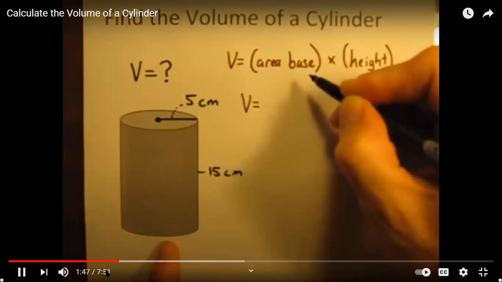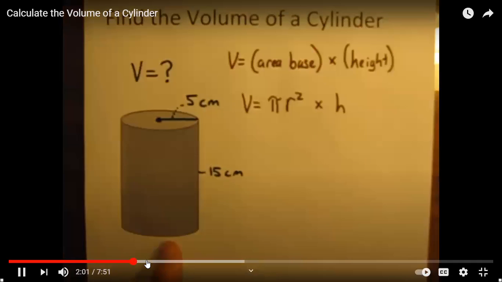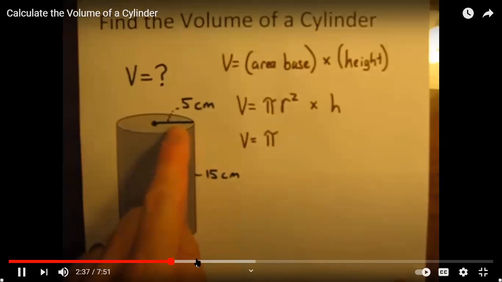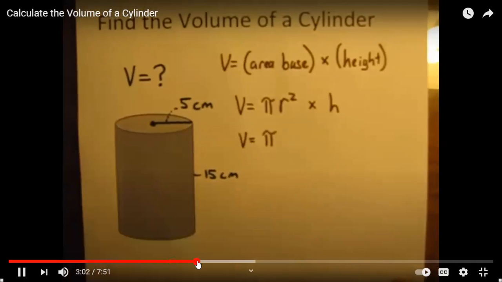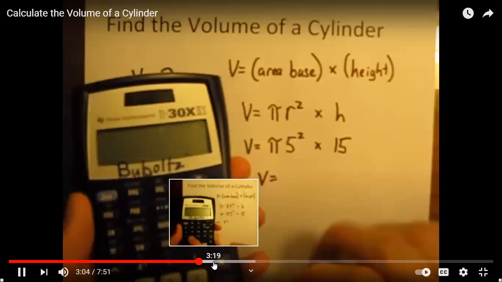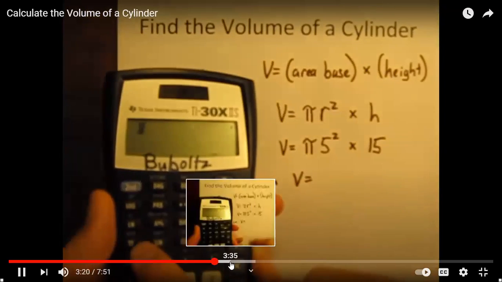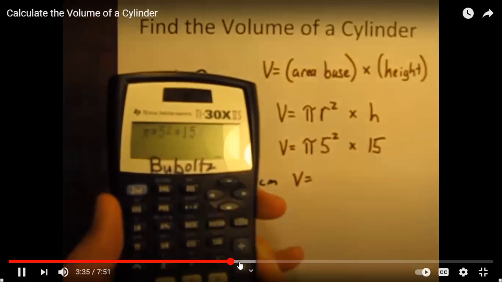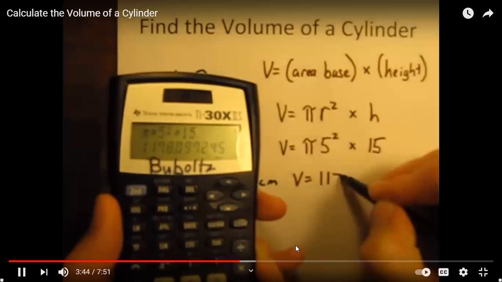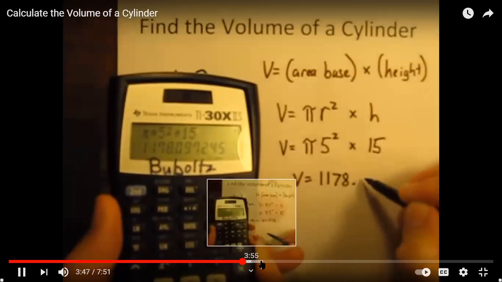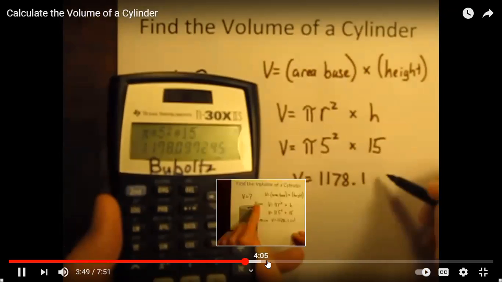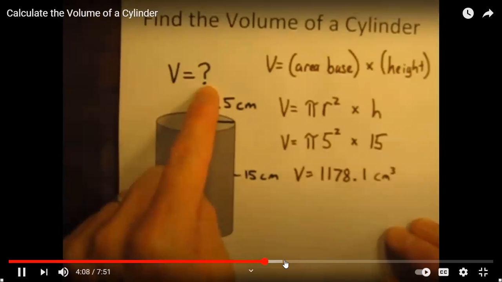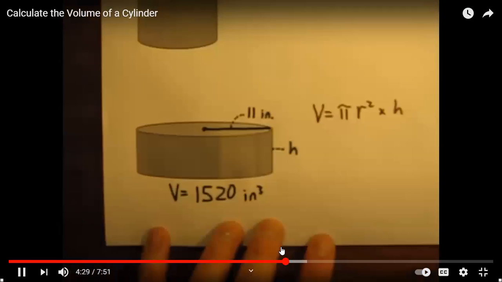Volume is equal to the area of the base times the height. Here's the radius of the base. It actually does give us the radius. The radius is 5. If I just do pi, calculators actually have a pi key, which is even easier to use. You get 178.1, and we knew the radius, we knew the height, we were trying to calculate the volume. What if the height